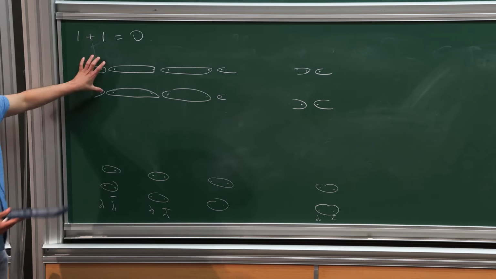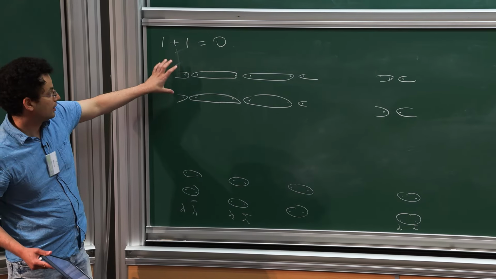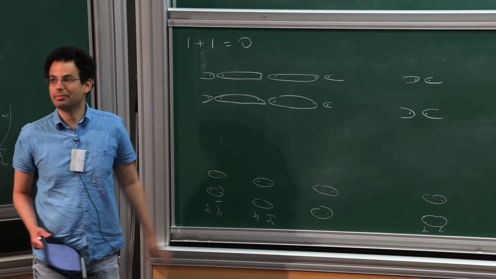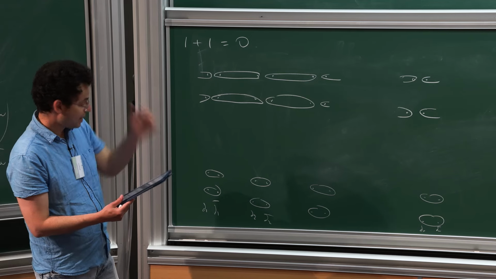Right, so we want to find a path in Hamiltonian space that connects this Hamiltonian to this Hamiltonian. So it kind of repairs the Majoranas. And in the present case, that's